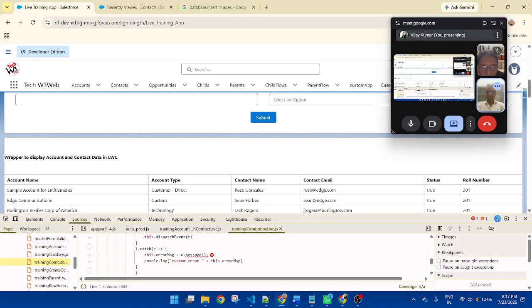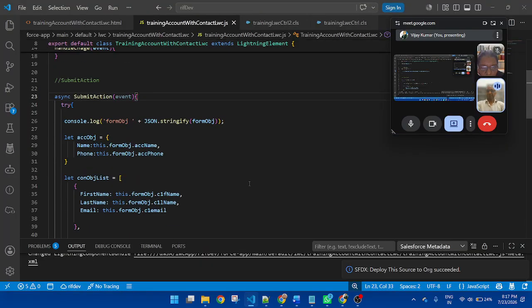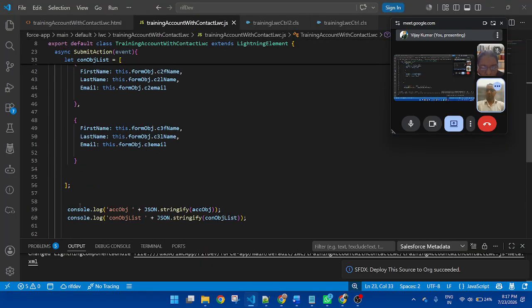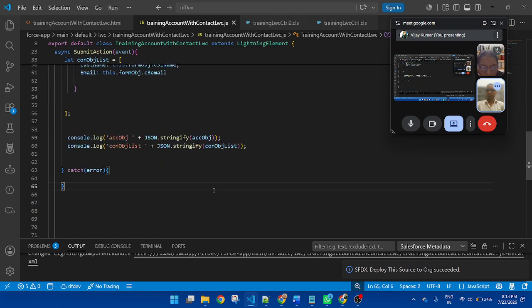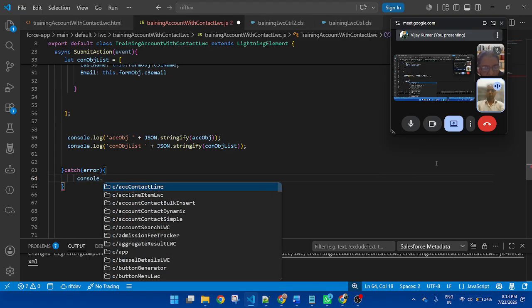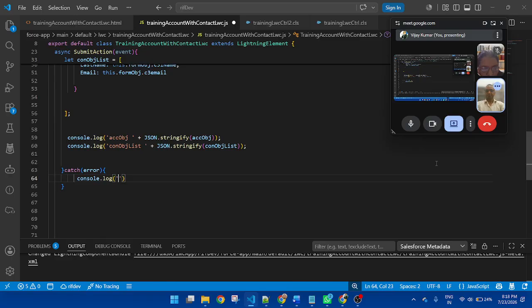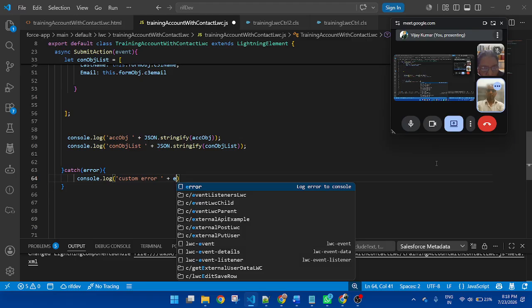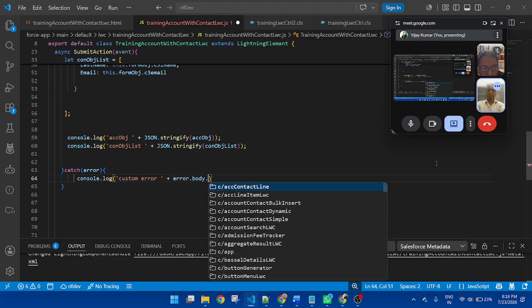Message display catch. Okay. So catch we need to define. Console dot log error, error dot body dot message.